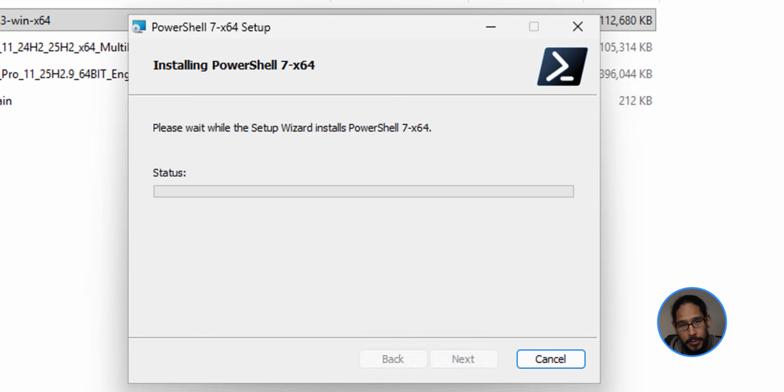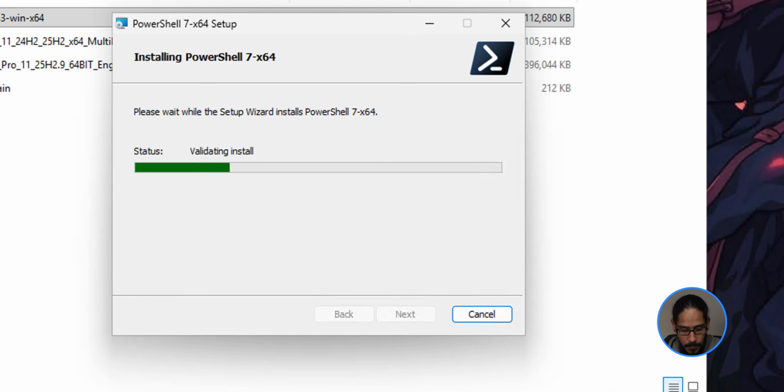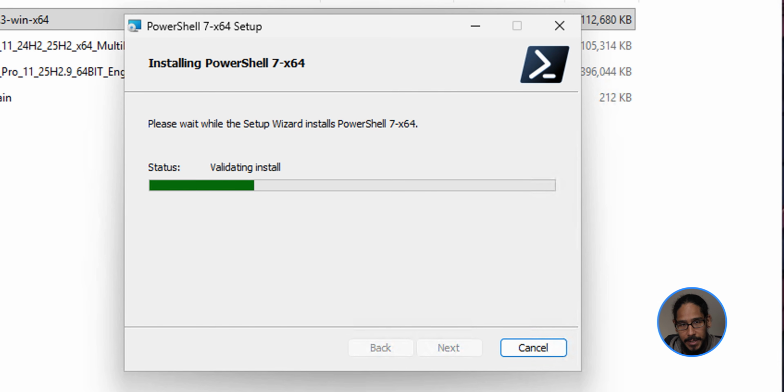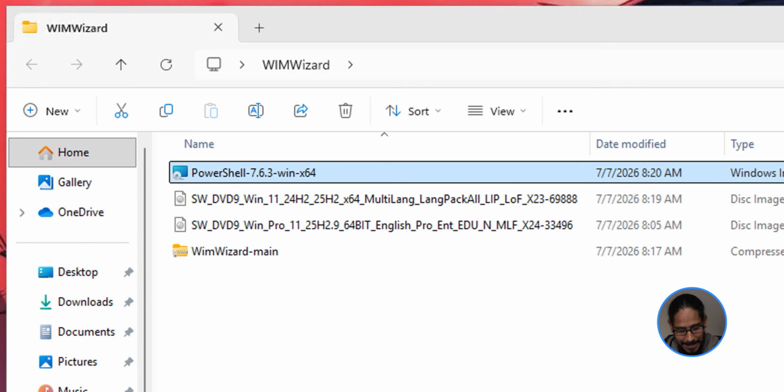Give it some time. You're going to get the user account control. So click on yes to continue. It's validating the installation, and eventually you're going to get this. Great. Installation completed successfully. Beautiful. So let's click on finish. Now let's select our